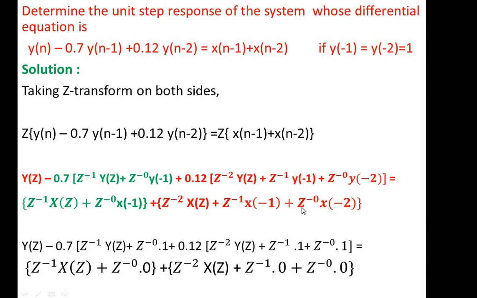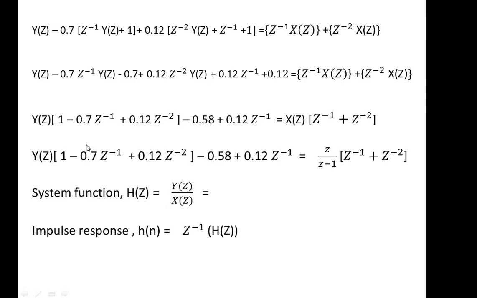So likewise we have to apply z transform. Now we have to look for the initial conditions value. Here we have values for y of minus 1 and y of minus 2, so you can substitute y of minus 1 and y of minus 2 as 1, and x of minus 1 and x of minus 2 are 0 because we are not having any values for the initial conditions of x. Okay, so after substituting the initial conditions value, you can simplify, and at last we have to get this H of z.